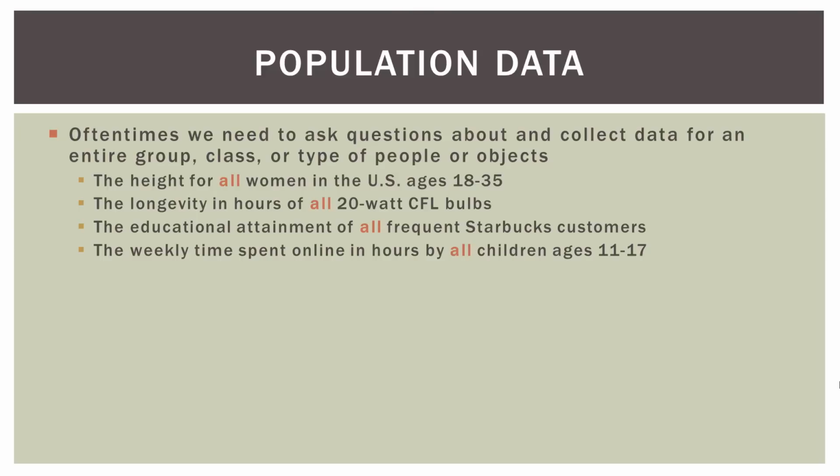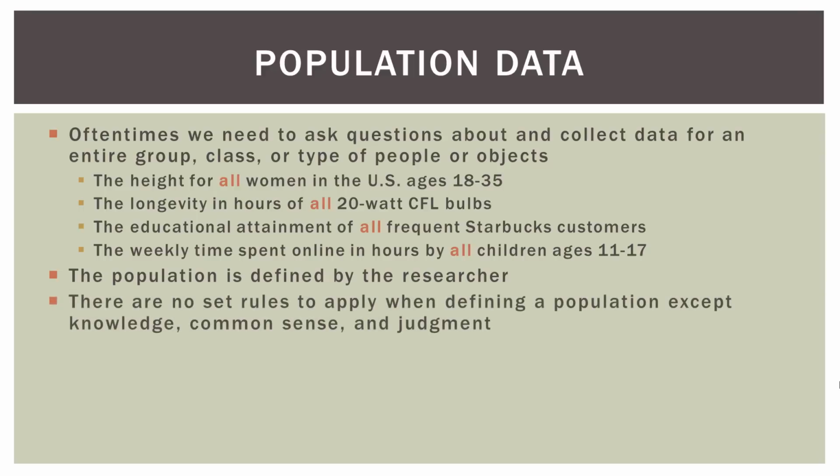You can see there I've highlighted in the text the word all, and in the way I was speaking the word all. Because when we're talking about a population, we mean all members of that group as we define it. The population itself is defined by the researcher. There are no set rules to apply when defining a population, except knowledge, common sense, and judgment. You cannot define a population using two things that are mutually exclusive. So the height for all women would not include men. We'll talk about that more in a minute. So just common sense, knowledge, and